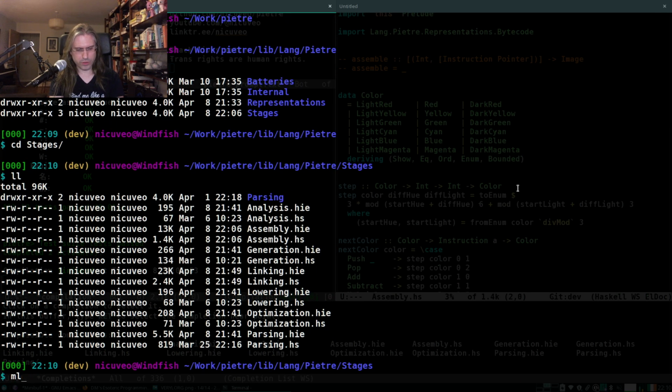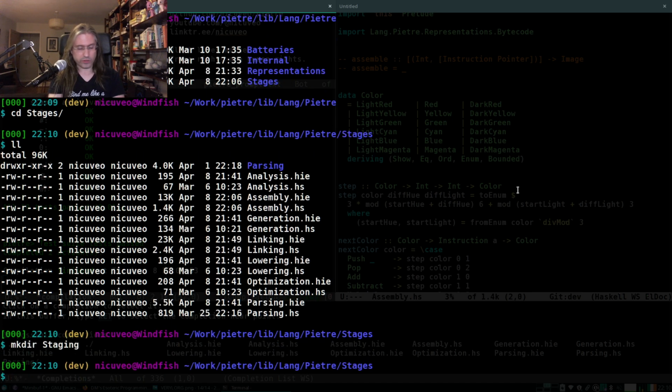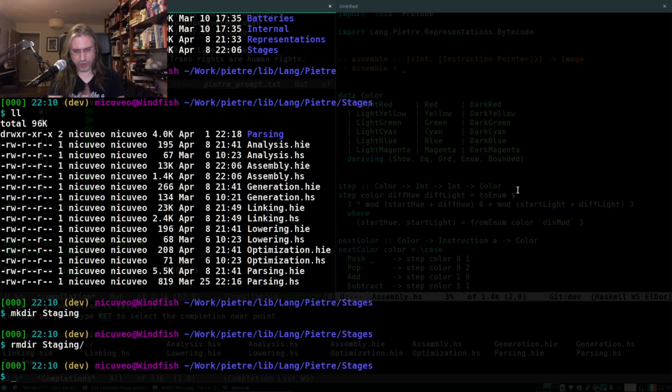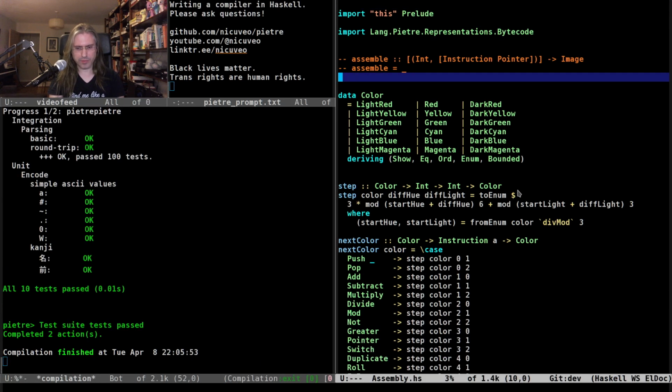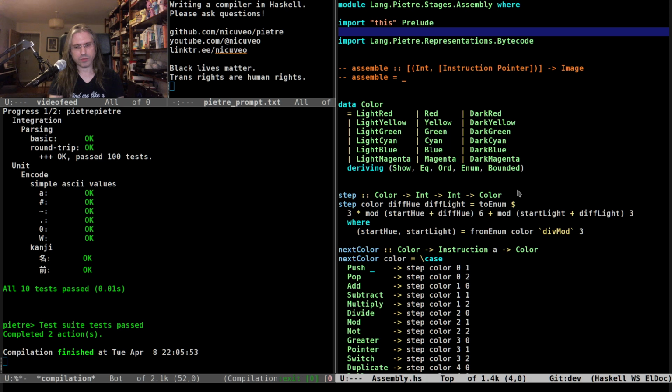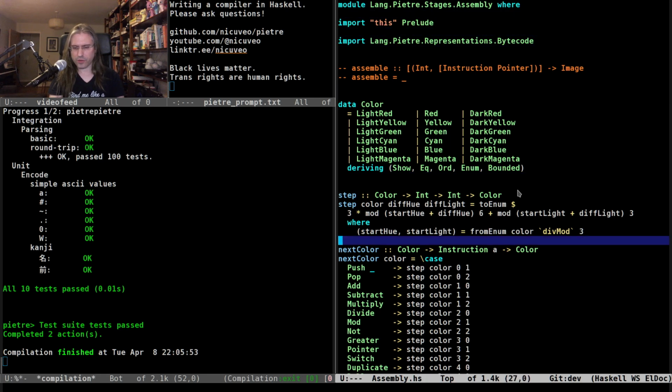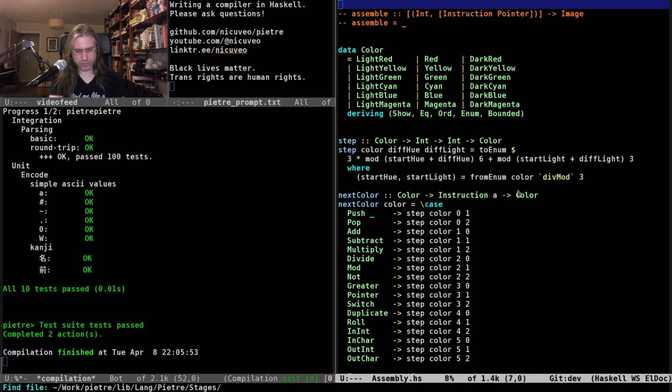I'm going to do the same thing as we have for parsing, where I'm going to create a folder, and this assembly thing will do the same thing as the parsing thing, which is just call things that are within the assembly folder.